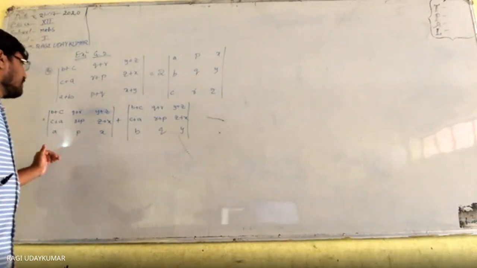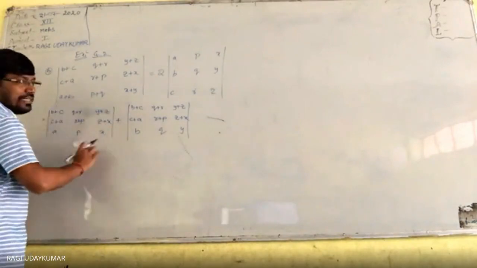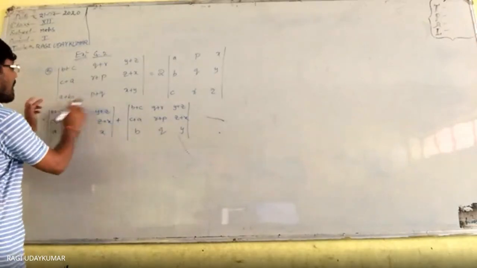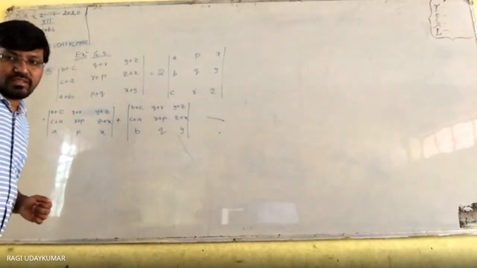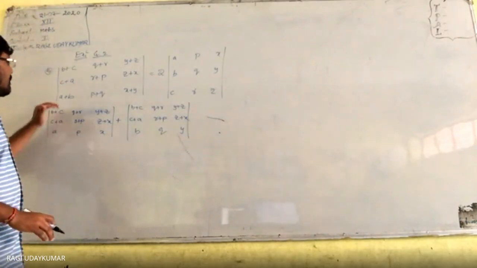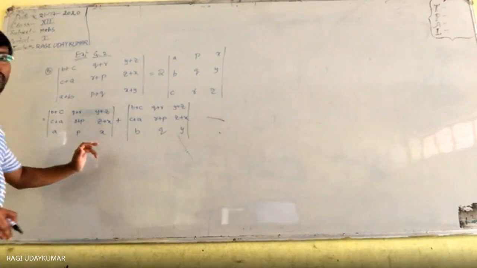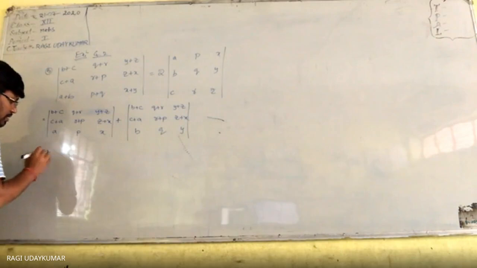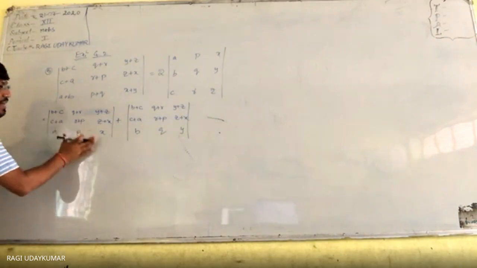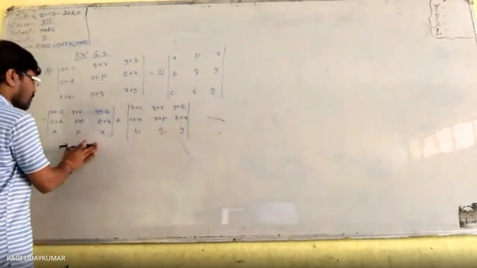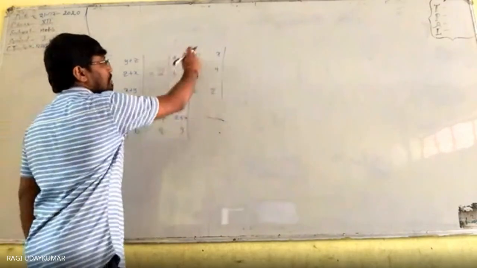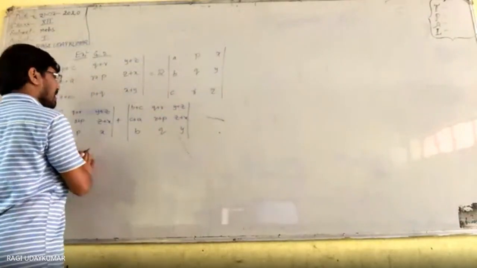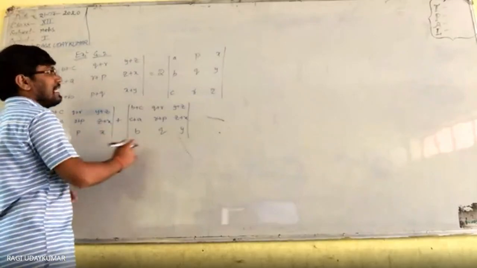Let us consider this complete determinant as the determinant of some matrix. We have split it, so take this one separately and find it out. This one we will extract into ABC, PQR, XYZ, and this one also will extract into ABC, PQR, XYZ, so that we are going to get the 2 times.